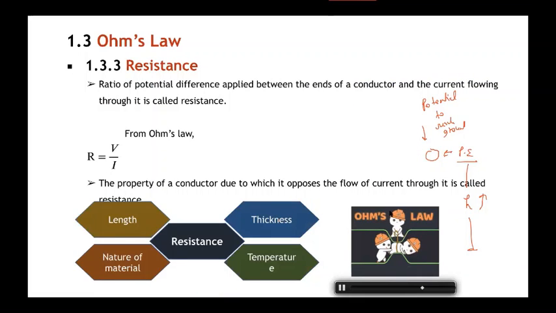See here in this graphic. This is a potential which is pushing the electrons to flow through a conductor, and there is an obstacle. This guy is acting as an obstacle. It is decreasing the flow of current. So if resistance increases, that flow will decrease. Okay, so this is the analogy to understand Ohm's law.